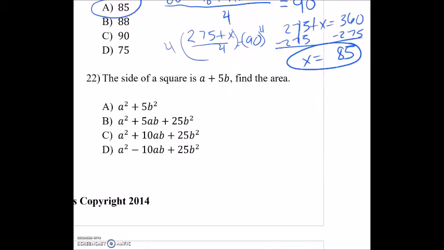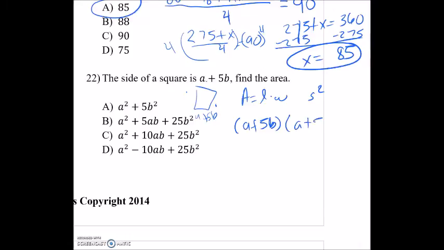Last one we're looking for, or the last one on this page, we're looking for the area of a square. You have a square. If this is A plus 5B, then all the sides have to be A plus 5B all around. The area, once again, you could see it as L times W or S squared, whichever way you want. So I have A plus 5B